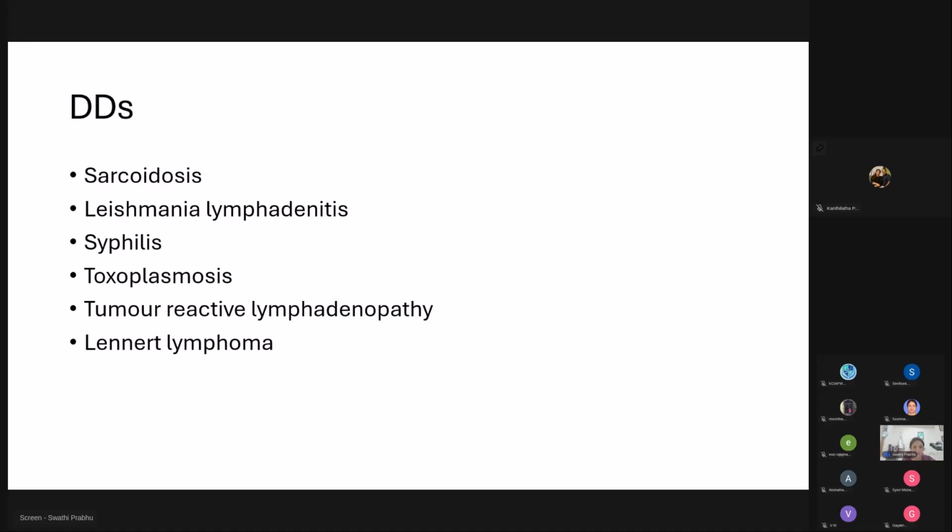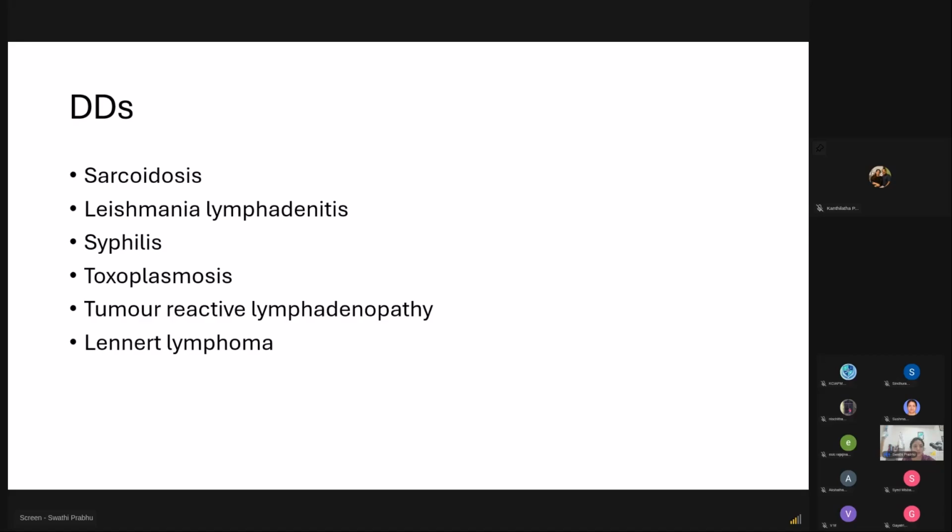Of course, first I told them to rule out tuberculosis, and the second diagnosis was I asked for serum IgG and IgM levels for toxoplasmosis. First they did a core biopsy, and they just checked for TB, which was PCR negative, and then they did an excision biopsy. Again I reported it as please check for IgG, IgM toxoplasmosis. After the repeat excision, they checked the IgM and IgG levels, which came out positive